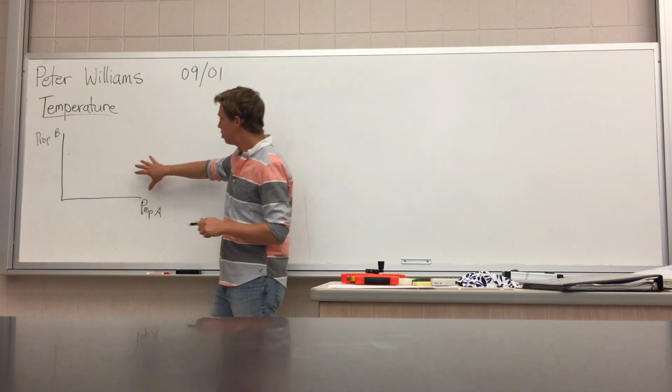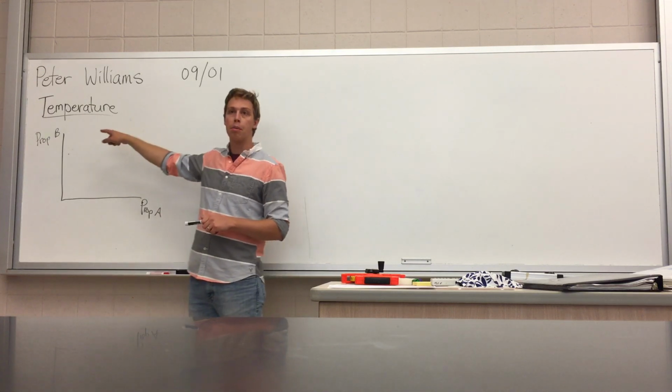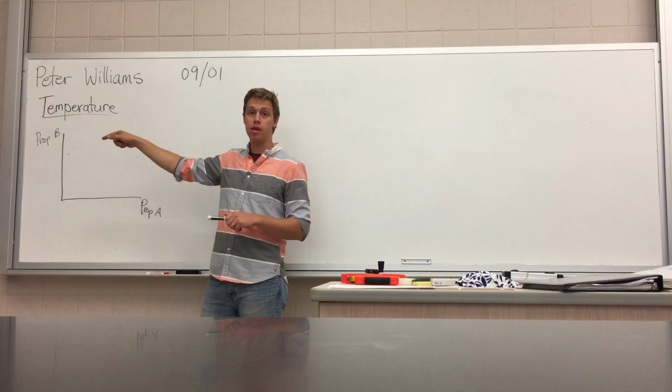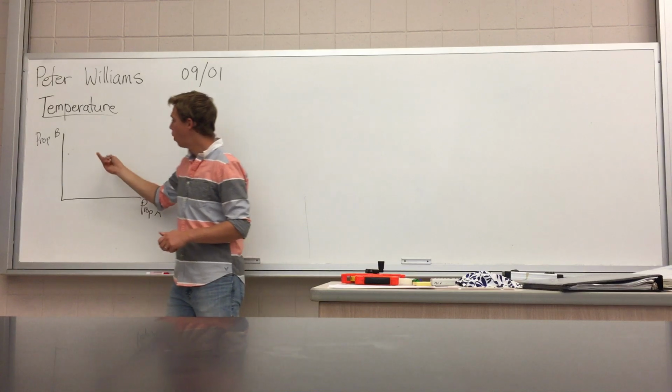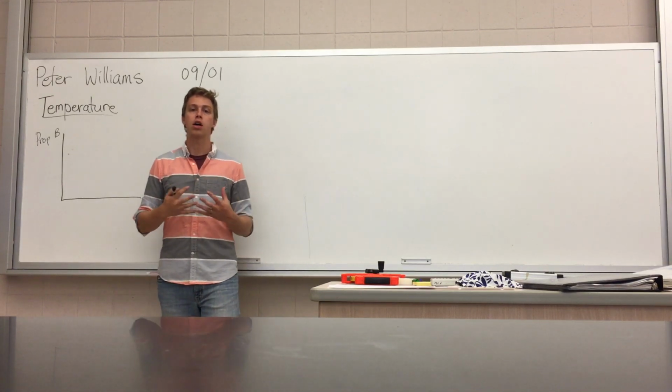When we look at a system, we're going to measure both properties, property A and property B, and determine where on this grid we can put a point relating to the current state